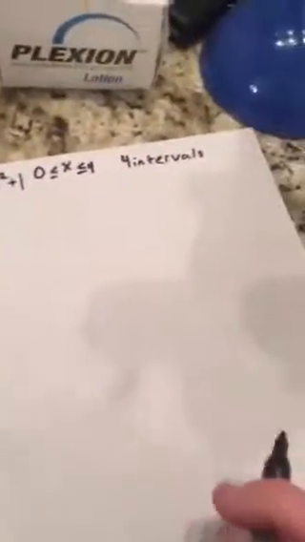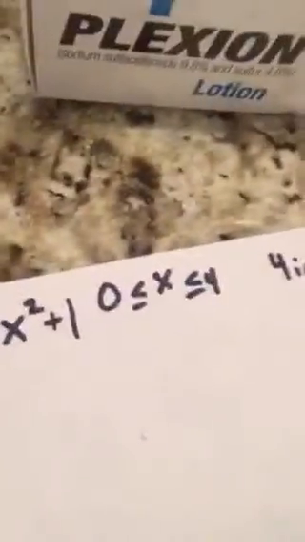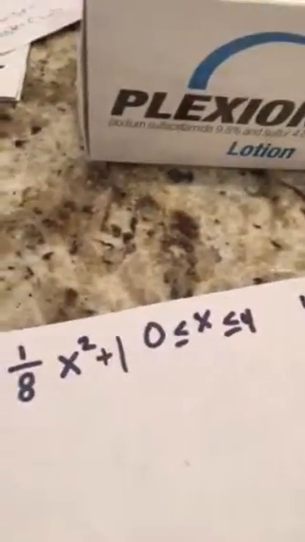So today we will be doing right Riemann sums. First we have our equation, y equals 1/8 x squared plus 1 on the interval between 0 and 4, and we're going to do 4 intervals. So our first step is going to be